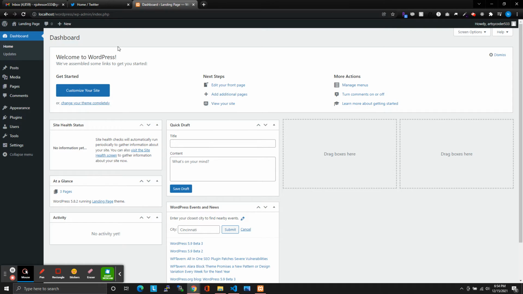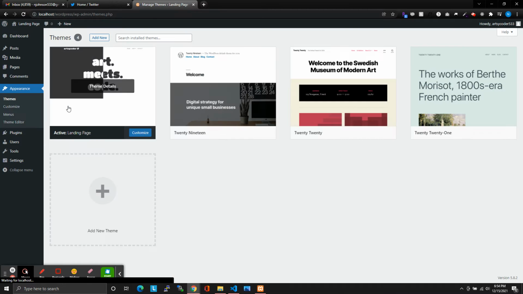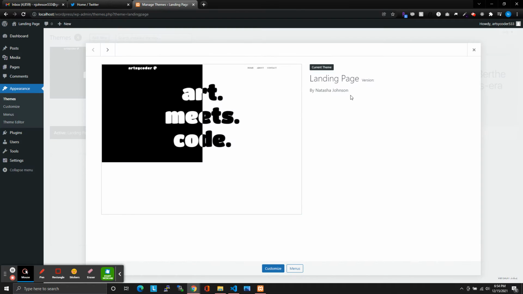So, this is a dashboard for WordPress. And if you hit Appearance, click on Themes, Theme Details. Look at that. That's me. Now, this is just on my local server. Like, if you log on to WordPress, you won't see it. Eventually, you will because I hope to finish a theme. I don't know how that works. But anyway, so